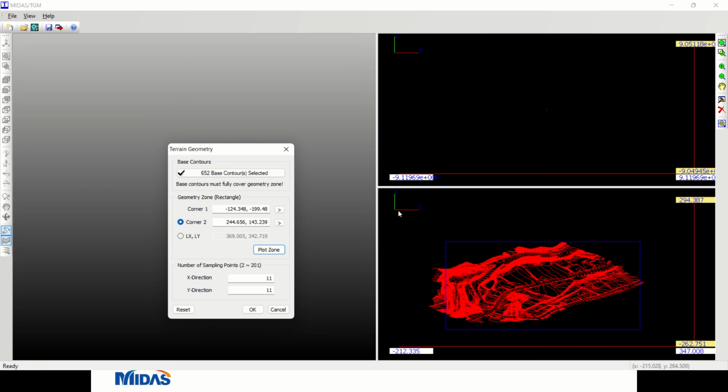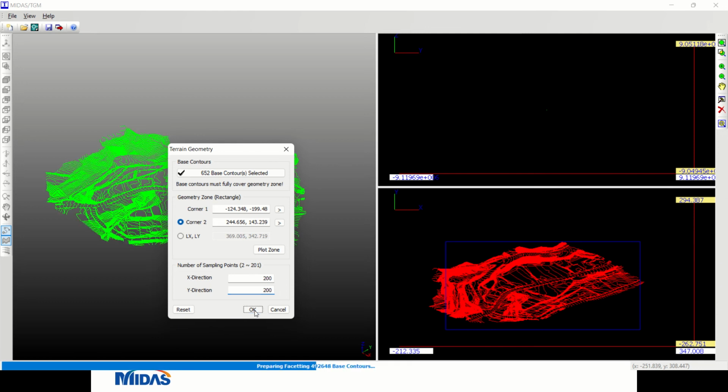So this is one trick if you are going to create a contour using LiDAR or drones, using the photogrammetry method. Make sure that the area covered by your drone is larger than what you need, so it is easier for you to cut in the future. Okay, this is the sampling point. If your computer is good enough, you just use 200 or maximum. If you use less, then the shape of the surface will be much coarser. Okay, then press OK.